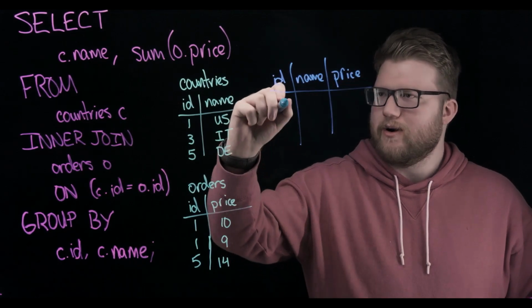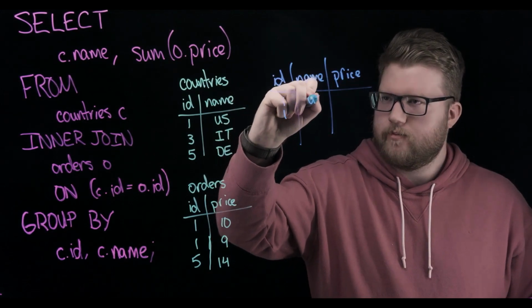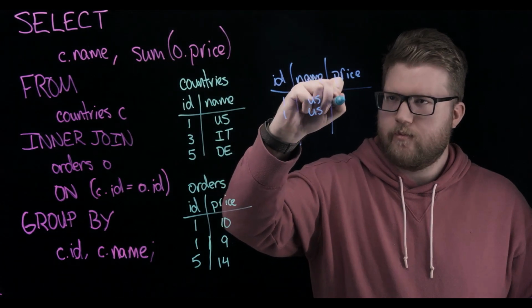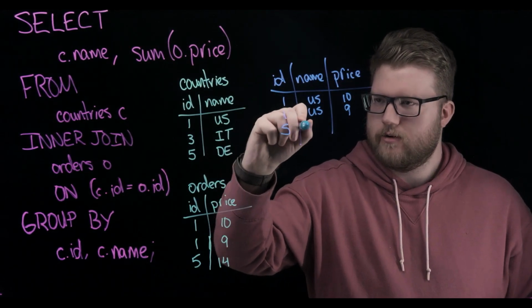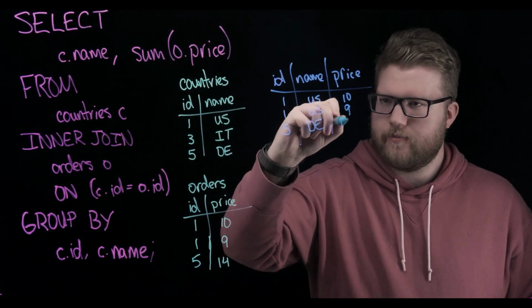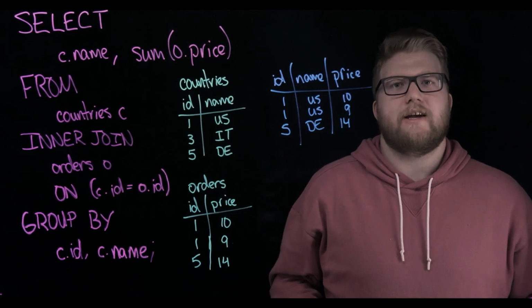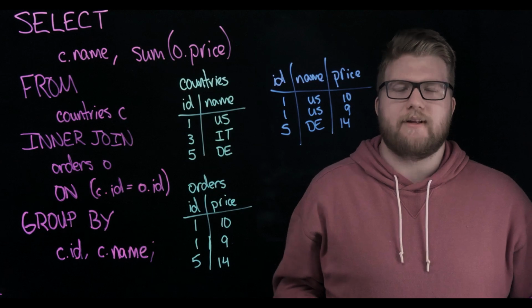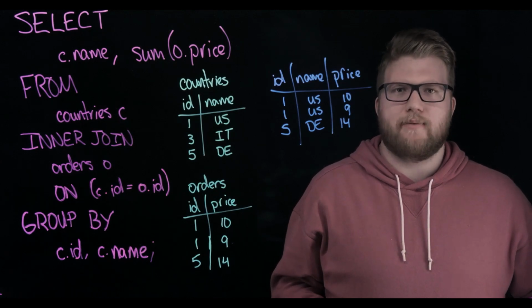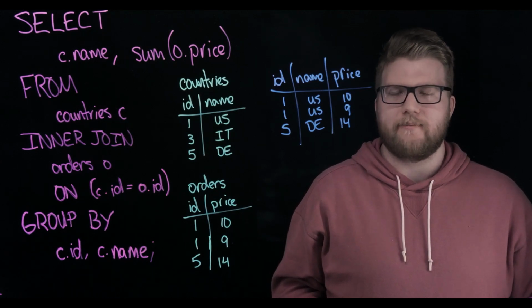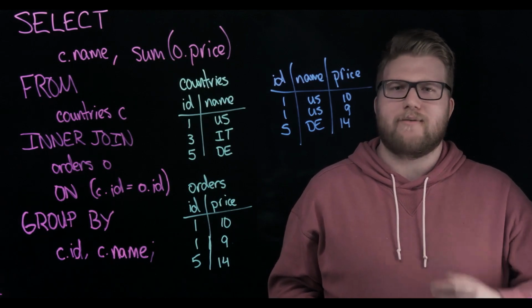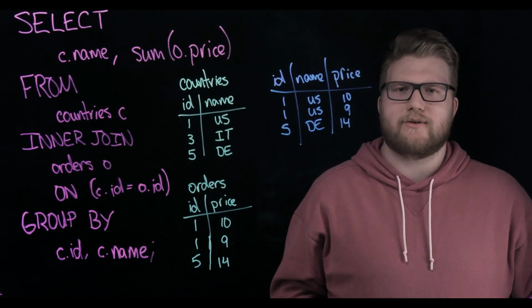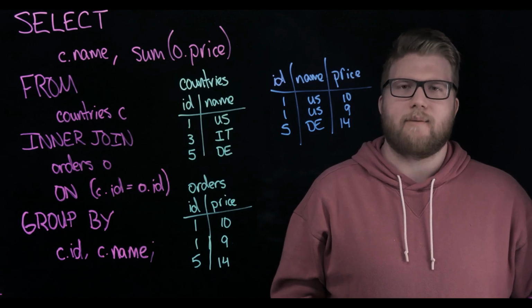Now, we'll have our two rows from the US orders, and we'll also have our one row from the German order. This is the intermediate query results. It's the first step in the query process, and it's what happens before we compute the sum aggregate of the query. This will then be aggregated using that sum function, where our one row from Germany will remain the same, and our two rows from the US will be compacted into one,